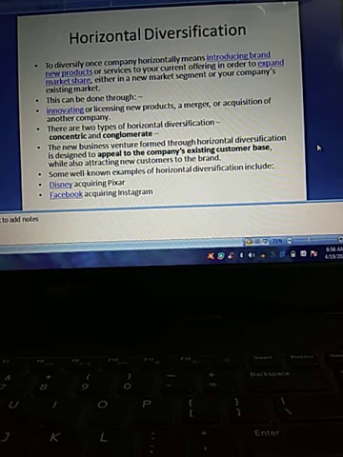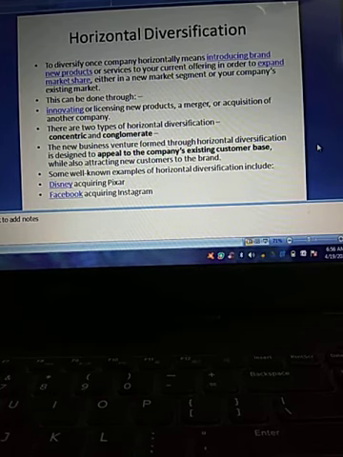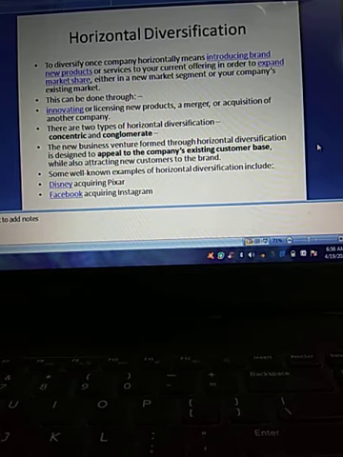Generally, these diversification strategies will be implemented in the new markets. How are they going to do this? Through innovating or licensing new products. Sometimes in their R&D department itself, they are going to create new kinds of products, new ideas, new technology, which is an innovation. Or sometimes through licensing, meaning they get permission from already established companies to produce the same kind of products or services. What to call that? Licensing.